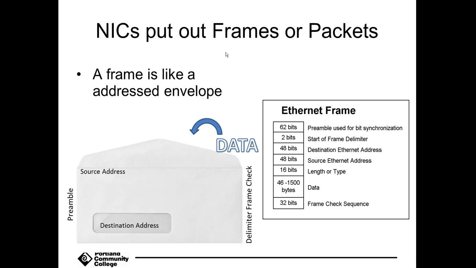Now a network interface card puts out, and we're going to focus on Ethernet, what sometimes we call frames and other people call packets. An Ethernet frame to transmit data requires quite a bit of addressing and setup information. So in a frame, there are some bits used to synchronize packets as they go across the wire. A start of frame. You have to put the destination address